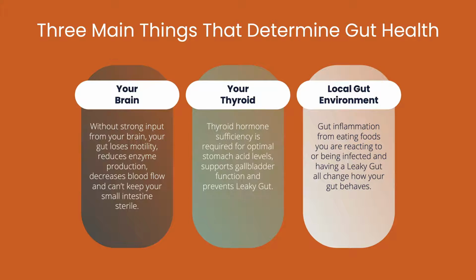Now, how do you know if you have a thyroid issue? Well, if you're on thyroid medications, then you've already been diagnosed with it. Maybe you have symptoms and you haven't been diagnosed yet. Obviously these symptoms can come from other problems, but when we see a bunch of these together, then we start thinking thyroid hormones and we do thyroid lab work to determine if that is in fact the case. But typical classic thyroid symptoms would be cold hands and cold feet, generally cold intolerant, hair loss, you lose the outer third of your eyebrow,